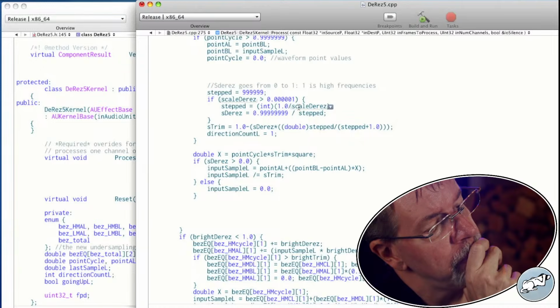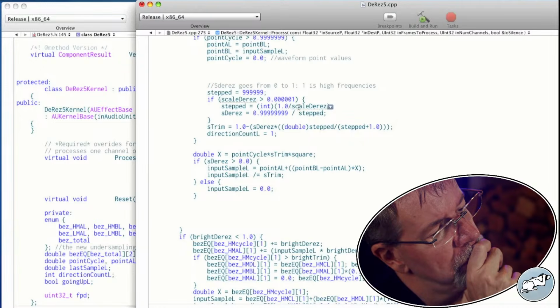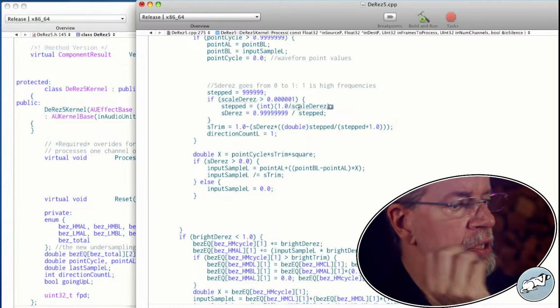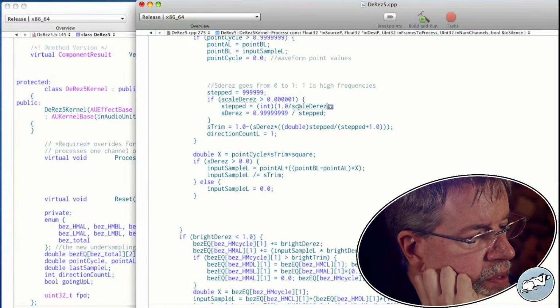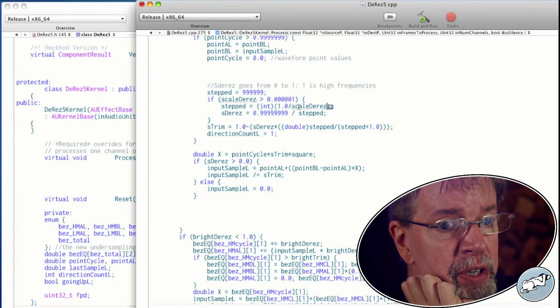Meaning maybe, so 1 divided by a tiny, tiny value. So stepped can be a very large number.